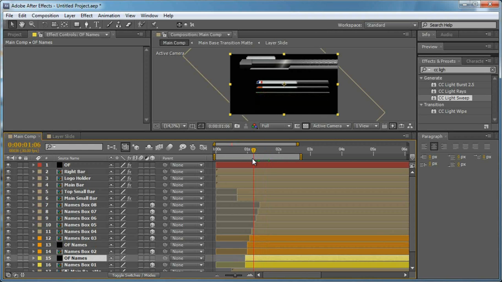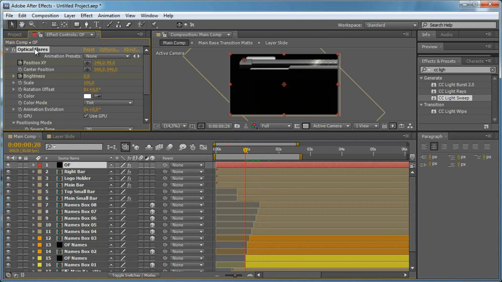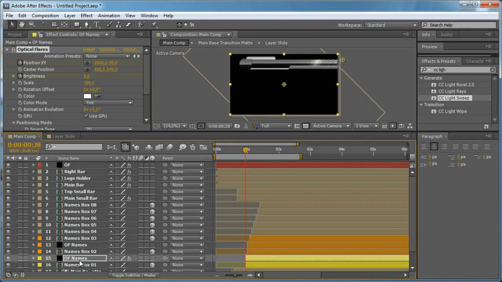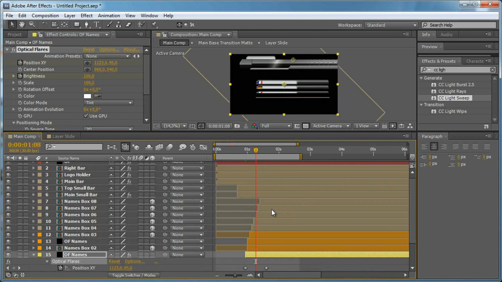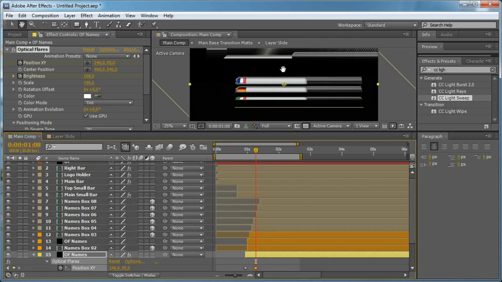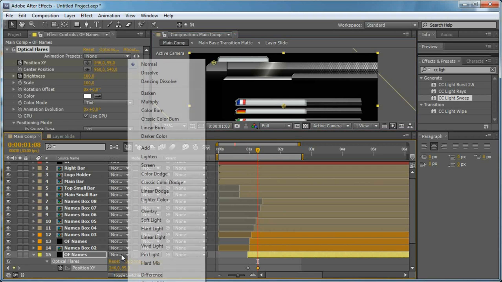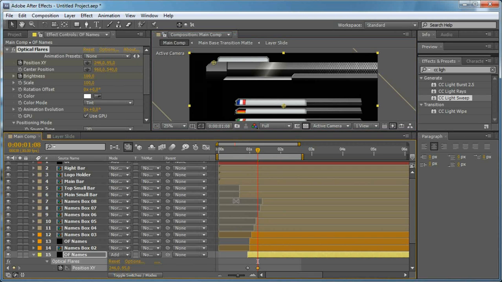So let's take this flare, just copy and paste it here, move it 10 frames forward